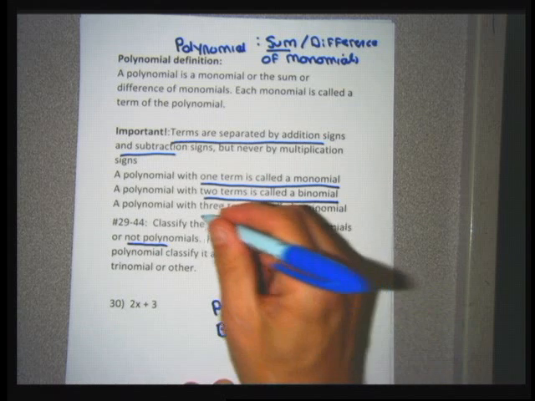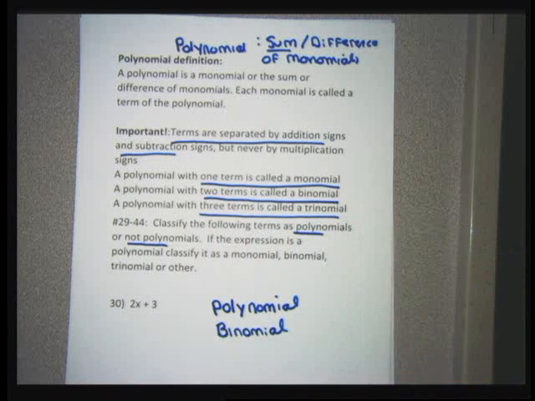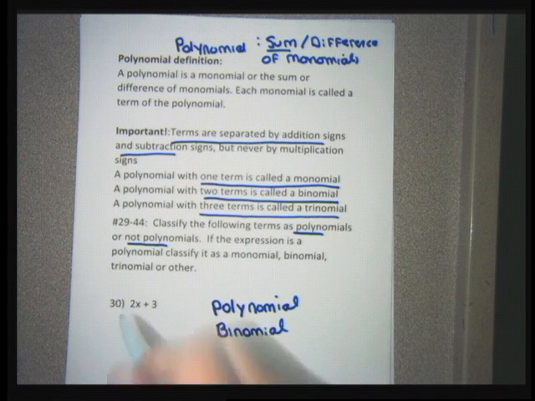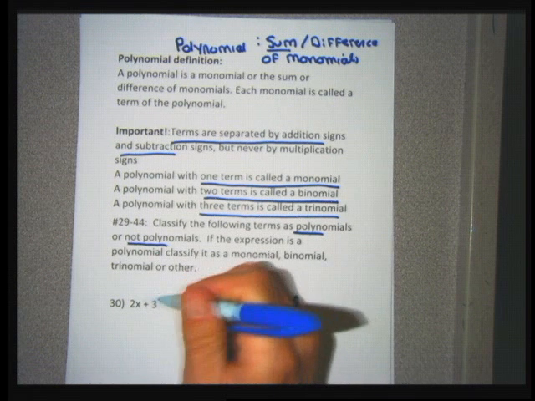And the third class of polynomials is trinomials, polynomials with 3 terms. And if a polynomial doesn't have 1, 2, or 3 terms, we don't give it a special name. It's just a generic polynomial. So a polynomial is a sum of monomials, and each of the pieces separated by a plus or minus sign